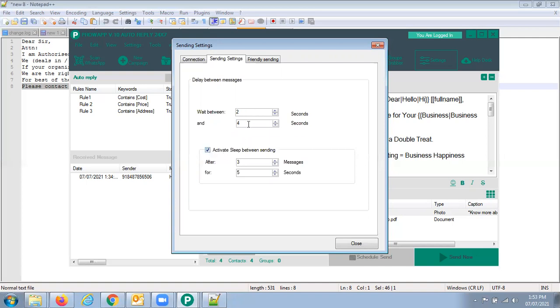Similarly, what limit can we set? You can set a limit for the wait time, subject to what content you are sending. Why is this required? It is to give you a feel like you are sending the personalized message manually. If editing one message takes you 10-15 seconds when you send manually, so automatically we keep it here as a